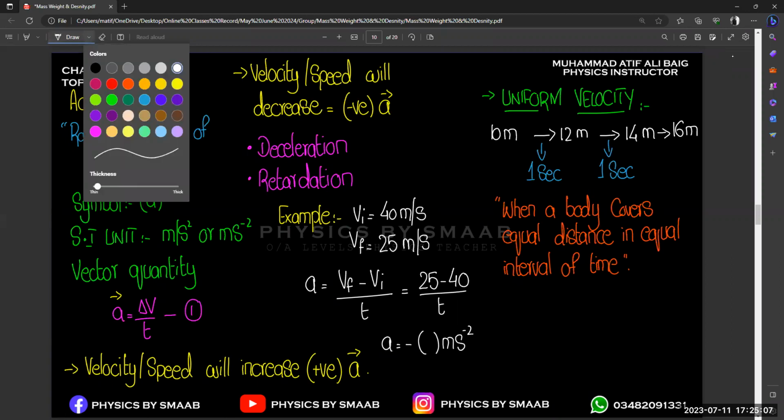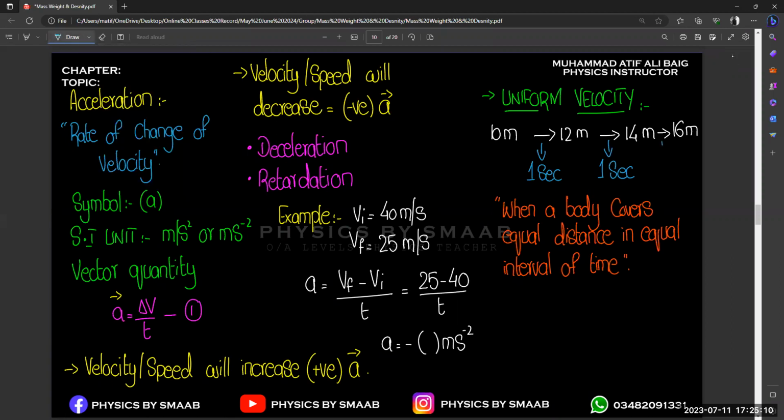So you observe that you are increasing your distance in a constant way, right? Your magnitude is increasing as compared to the initial value, but still you are going with the same value, right? Let's suppose after moving 16 meter, we get to 20, then 22, then 26, then 29, then 29.5. So that is a random change. That random change is known as variable velocity, right? Because there is no specific pattern and there is no constant change in the speed or velocity, right?